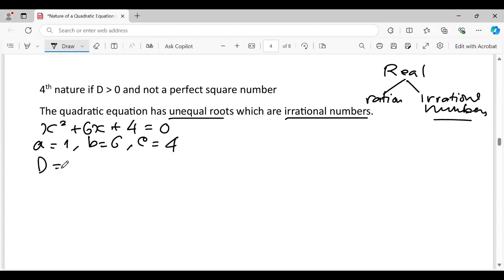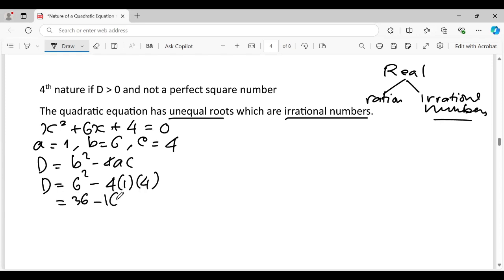So discriminant b squared minus 4ac will be 6 squared minus 4 multiply 1 multiply 4. 36 minus 16 equals 20. Look, that 20 is not a perfect square number because